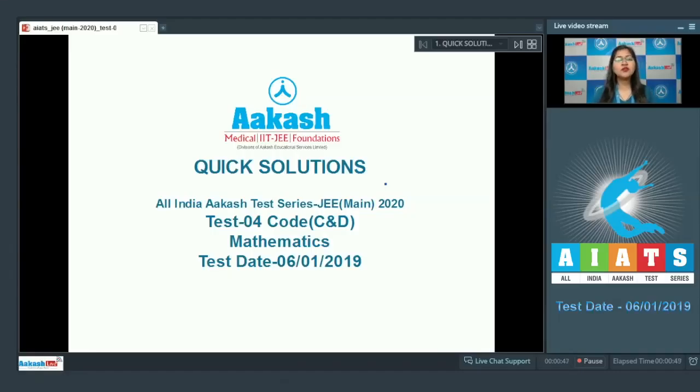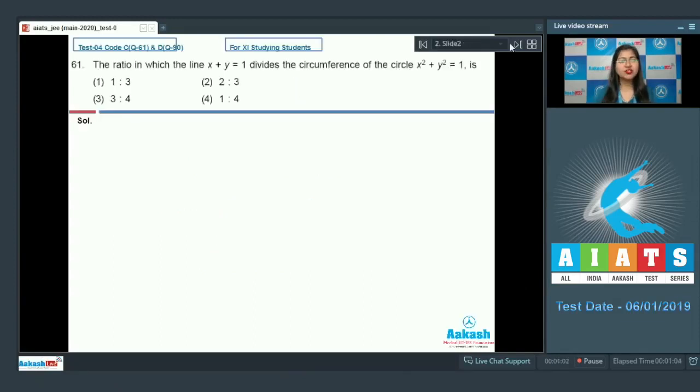Hello everyone, today we'll be discussing the quick solutions of All India Akash Test Series JEE Main Test 4 Quad C and D, which was held on 6th January 2019, Mathematics. So let us start with question number 61, which says that the ratio in which the line x plus